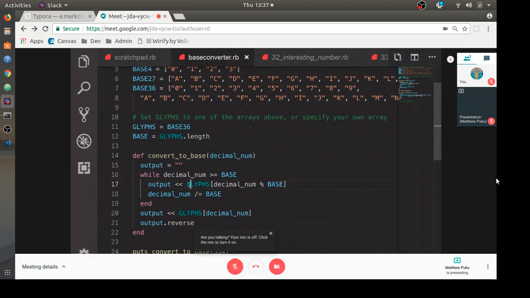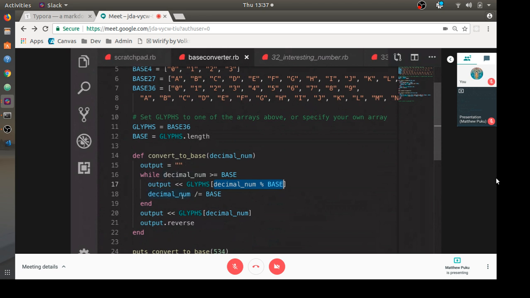So while the decimal number is greater than the base, in this case 36, we'll eat the remainder of the division. So what we're doing is we're looking up in this glyph table, in this glyph array, the index given by running modular arithmetic. So we divide the decimal number by the base, and then we look up the corresponding character in the array, which will conveniently always be correct because the 0th character of base 36 is 0, the 9th character is 9, the 10th character is A, and so on and so forth. So we look that up and we just append it to the string,